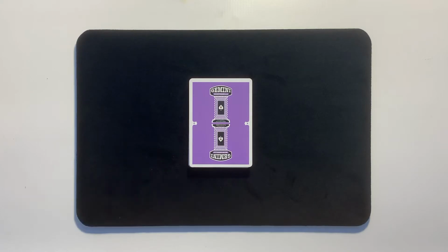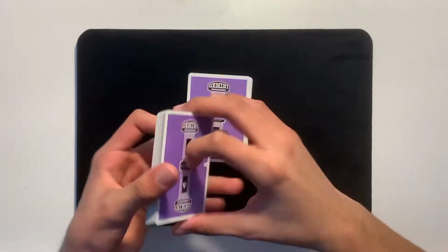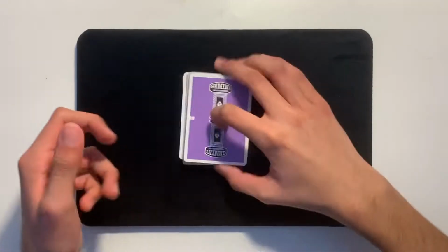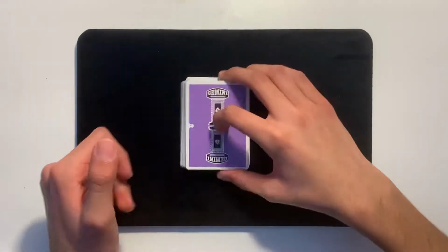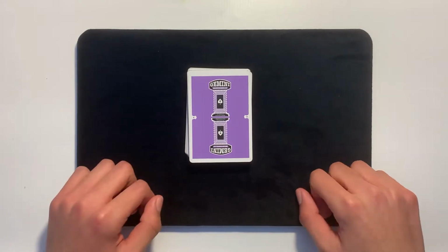And with all that being said, let's take a look at the performance of today's card trick. Okay, so starting this trick off, I could give the cards a few cuts. Once I am done giving the cards a few cuts, I could then hand the deck to my spectator and they could do the exact same thing, just so we have my spectator a little more involved here in this